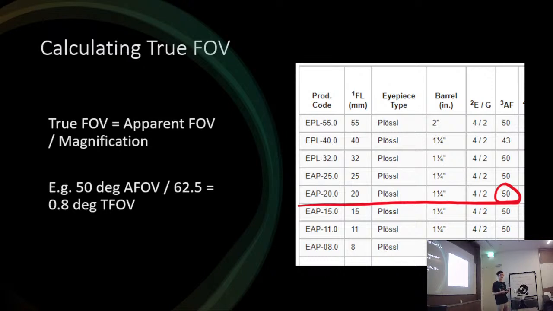The unfortunate thing is that for most eyepieces, the apparent field of view isn't written on the barrel or anything. So usually you have to go to the manufacturer's website and look up a spec sheet, where they will usually list the apparent field of view. If you want to calculate a true field of view, and this is important when you want to calculate how fast a star is drifting across the field of view,